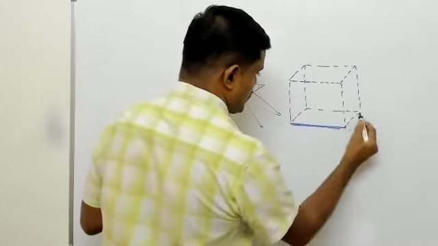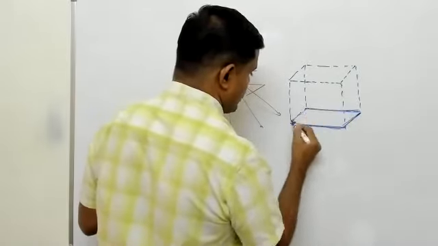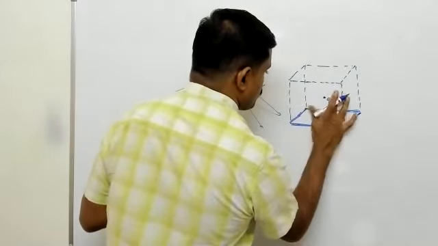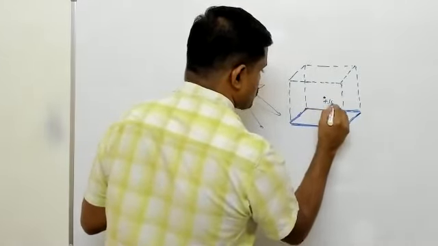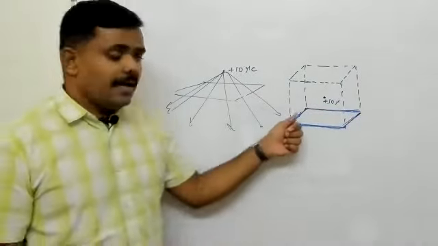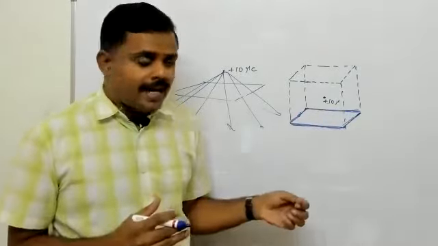The bottom surface is my plate. Square plate, no? The question paper says that there is a square plate, and right here we have a charge plus q, not q, plus 10 microcoulomb. Okay, so I need to find the flux through the bottom surface, but the problem is I can't insist that